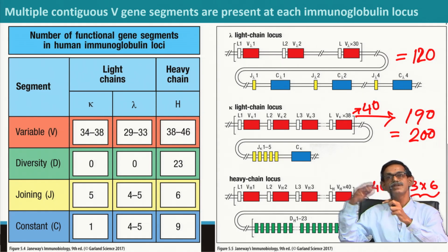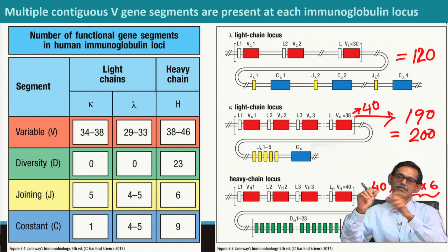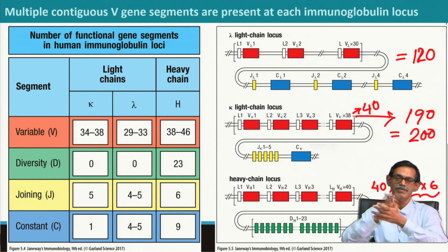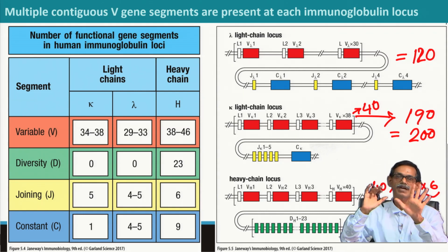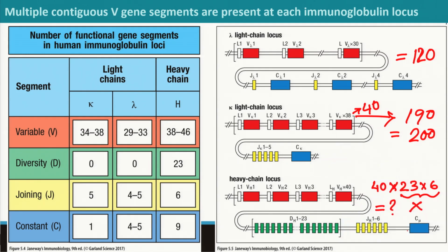We do not have that many genes, but after recombination the different segments can produce a variety of variable regions. You know that the constant region does not have any role in antigen specificity, so we have very few of them, and either one is fine. It may be lambda or kappa or heavy chain. For heavy chain there are only 5 different types, A, D, E, M and G. There are a few subtypes that we will discuss later when the time comes.